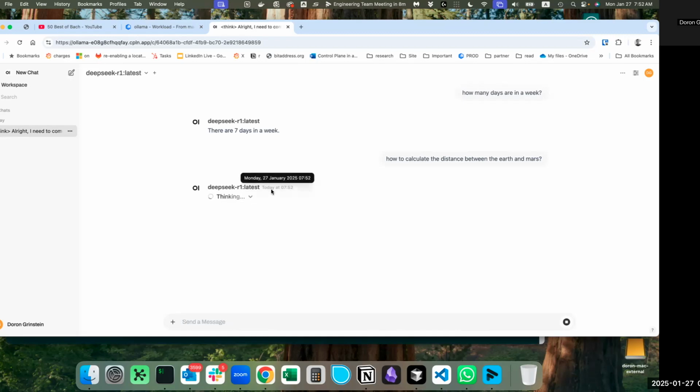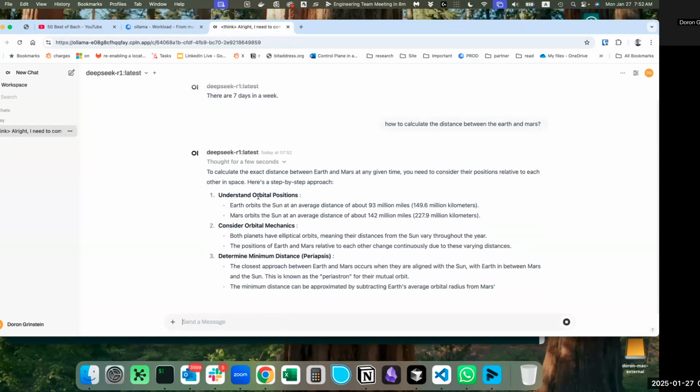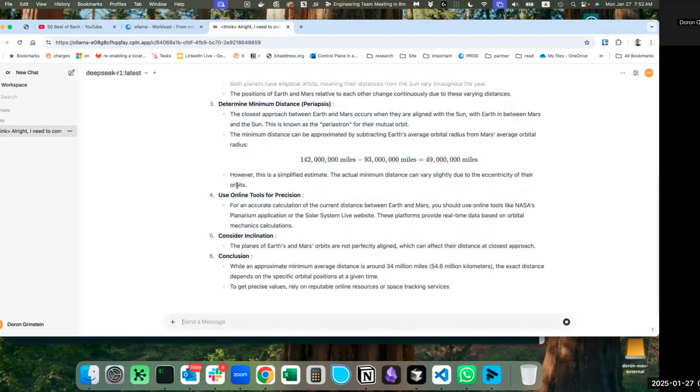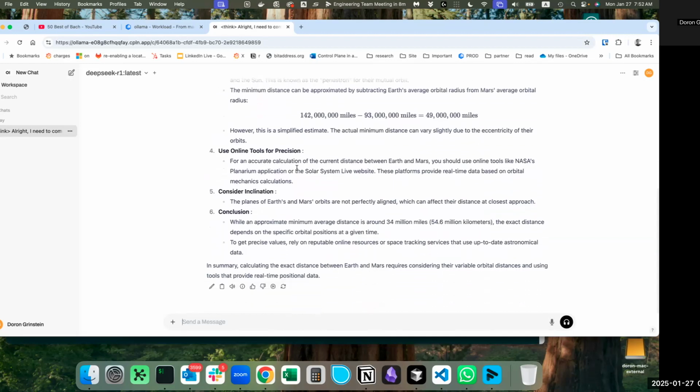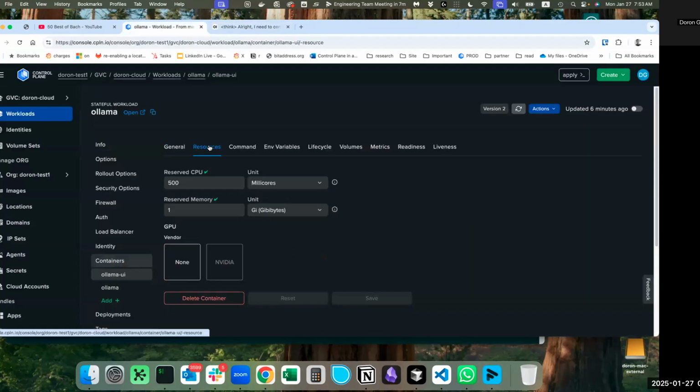Let's see, it's thinking. It sounds like calculating the distance between the Earth and Mars is more difficult than how many days are in a week. But still, we get an answer. Based on my Newtonian physics understanding, this looks right. Of course, I'm kidding. It could be lying out of its teeth, but anyway, I'm not going to Mars anytime soon. But that's how easy it is to run Deepseek on Control Plane. And in terms of the cost, let's take a look. We're charging you